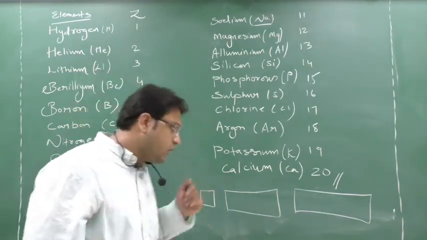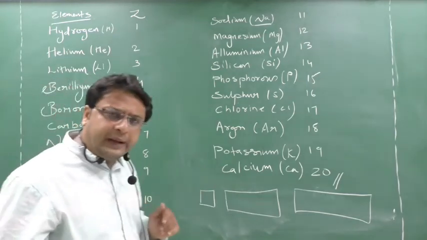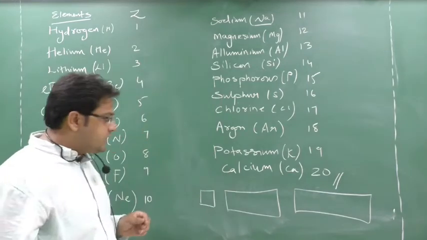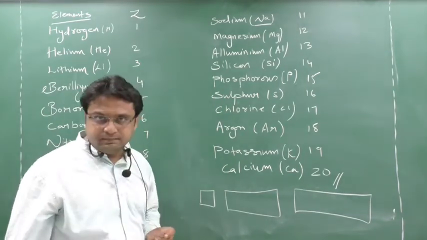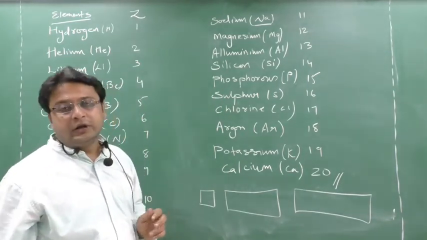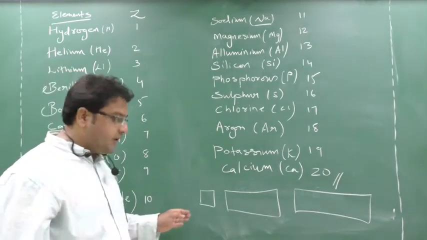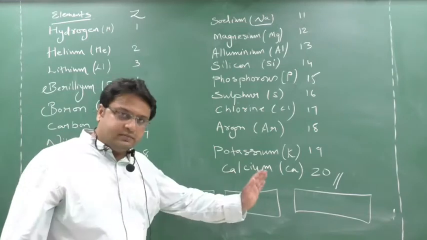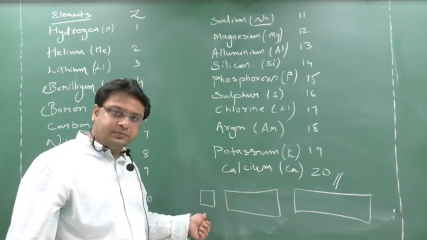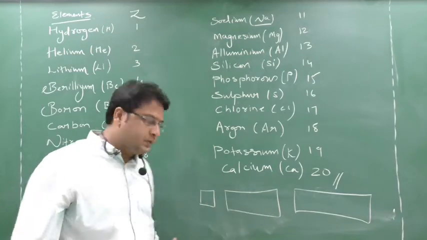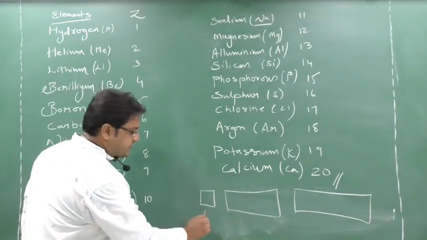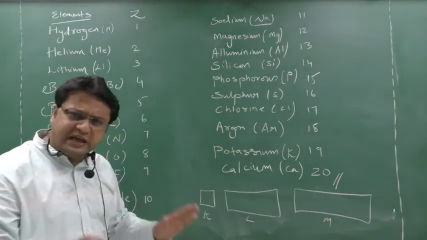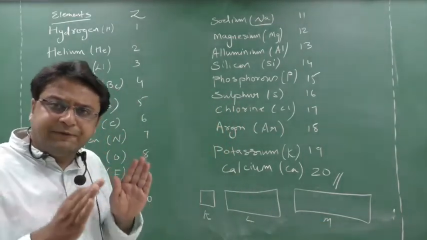Clear? See here now. I am going to teach you how to calculate the electronic configuration. Understand, a person is running one hotel, and in that hotel he has rooms in a line, in order. So this is the first room, the second room, the third room. In the first room we say the number is K, then L, then M. Just remember, I will tell you everything.